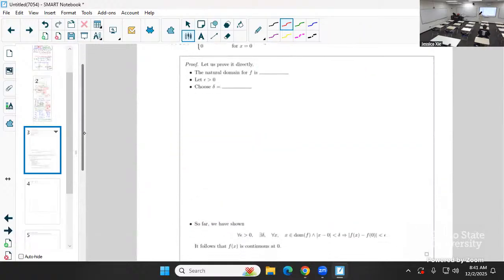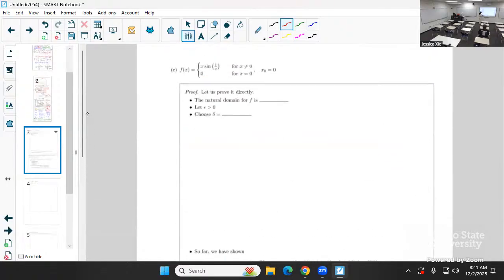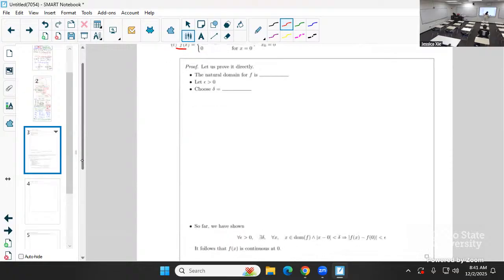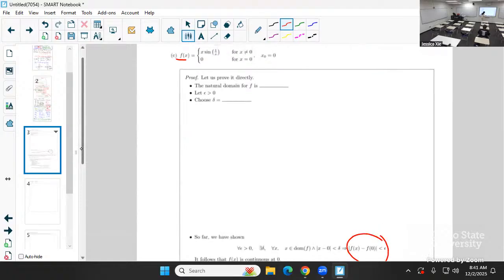And similarly, the C is gonna be another one. It's a little bit complicated because what? Because your f of x, first of all, is a piecewise defined function. The natural domain is all real numbers. So think about that. Let's do the brainstorming part. Your key point here is for C. First of all, brainstorming, you have to solve for delta from this inequality, right? This inequality is nothing but f of x minus f of 0 less than delta. So what is x? What is f of x?